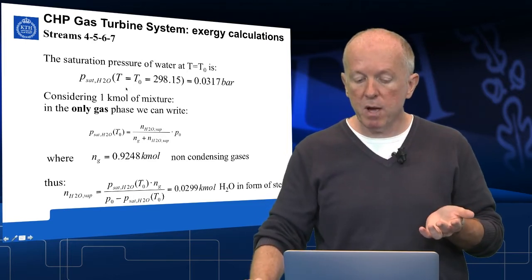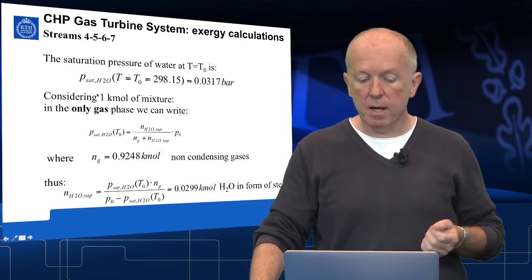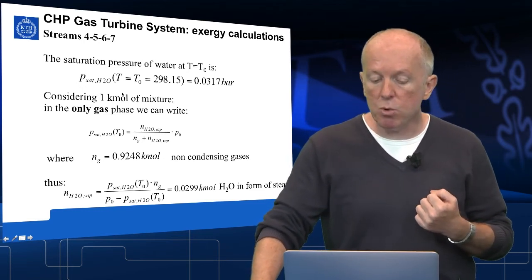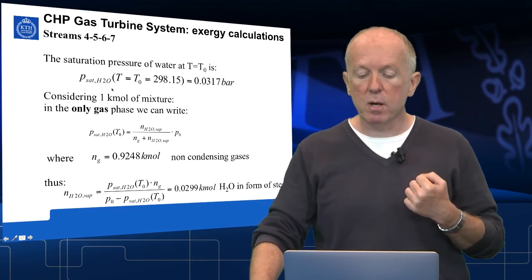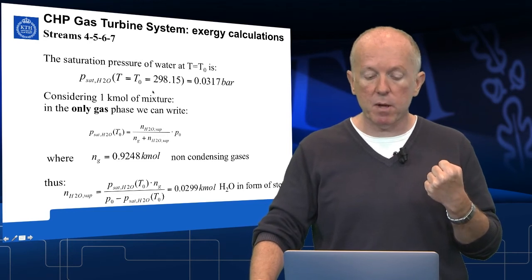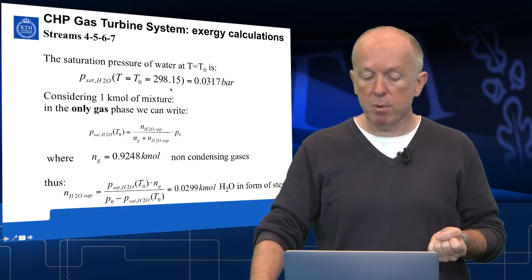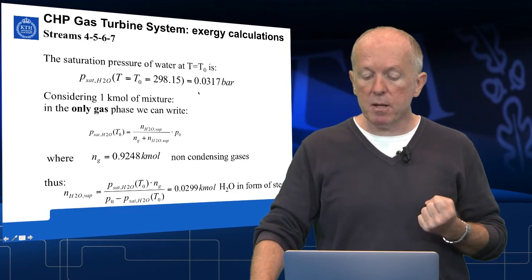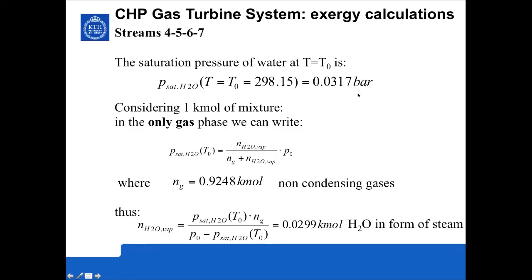So to do this, we first have to consider the saturation pressure of water at the temperature of the dead state. If I consider the temperature of the dead state, 298.15 Kelvin, I know that the saturation pressure of water is equal to 0.0317 bar. So now, if I consider 1 kilomole of mixture in the only gas phase,